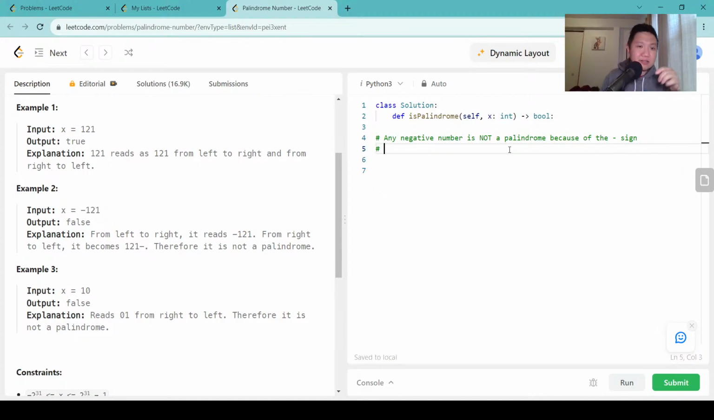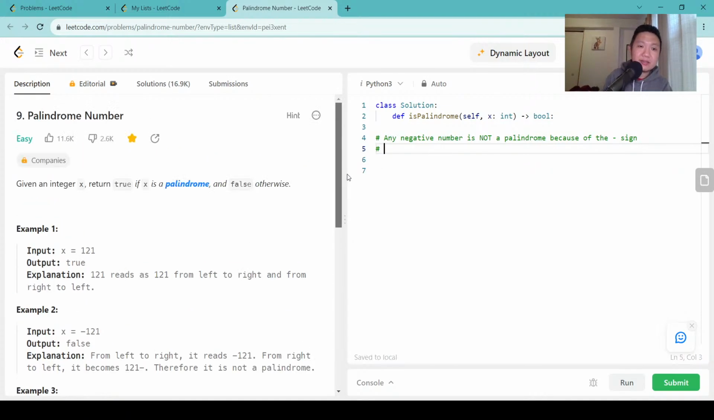So how do we test that a number is a palindrome? Well, the first thing I have in mind is, given a number, if the two ends are the same. Hold on, actually give me a second. I'm going to try doing something. I'm going to see if I can